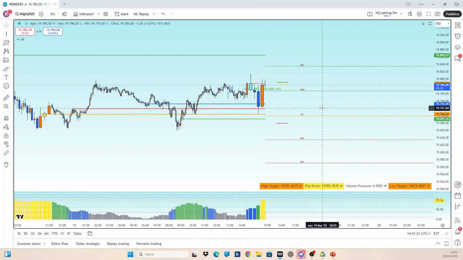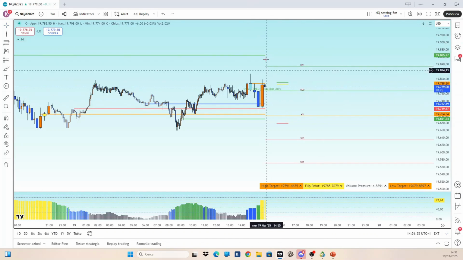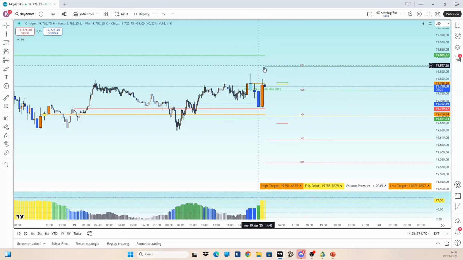Now, I'm here, the situation. It holds because there's this possibility. Here we have the violation. There was the test. If it holds now, it could take off that bullish push. So what I was saying before,